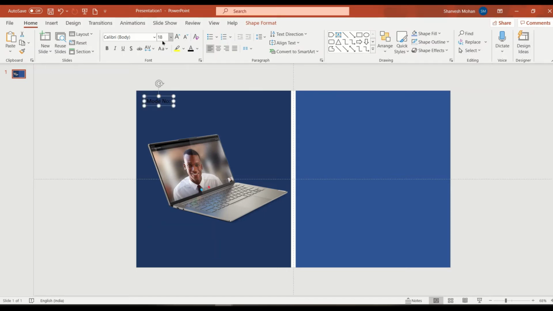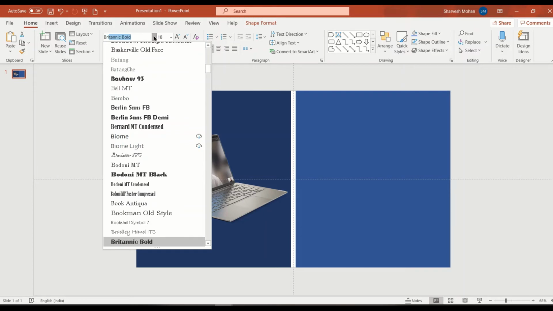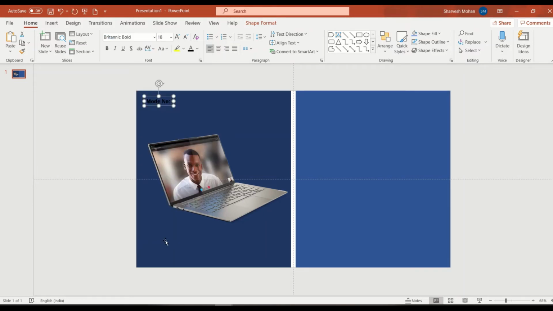We'll put it here, and give a little bit bigger font. Maybe I am using Britannica Bold, and we'll increase the size. For the model number, I'm just putting XXX.